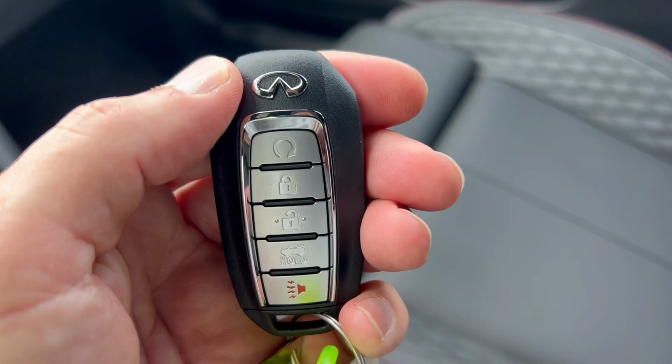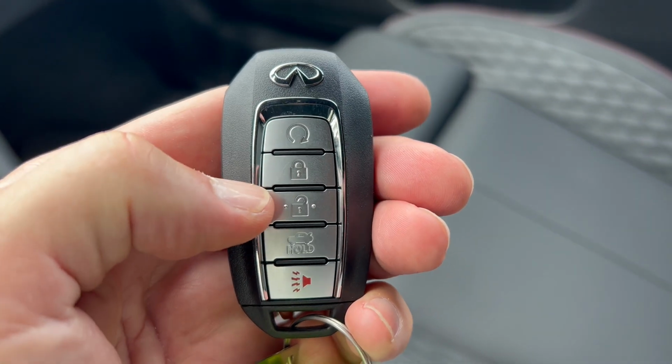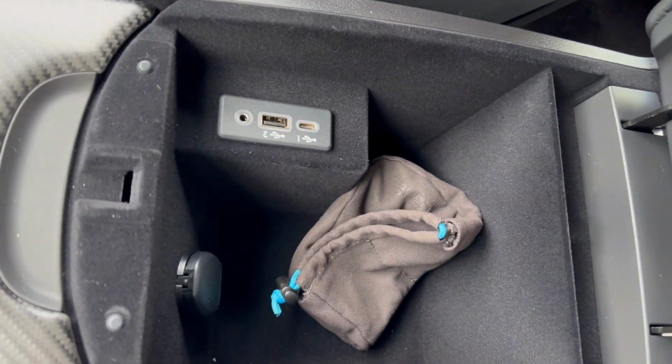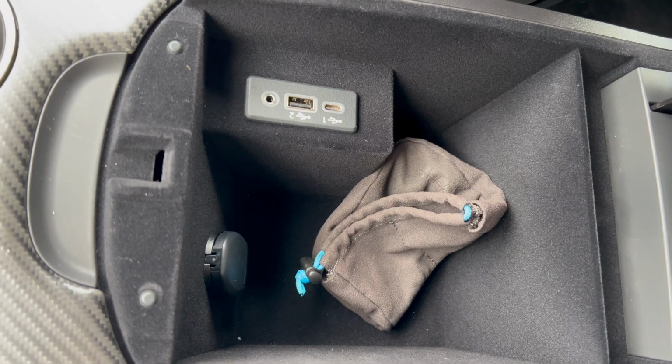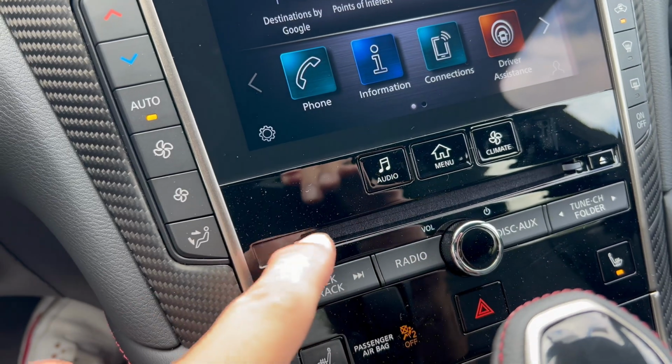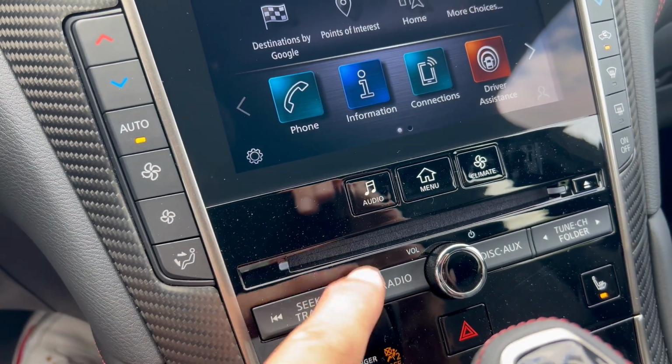2 cup holders, Infiniti key fob right here, remote start, lock, unlock, pop the trunk, panic button, and then you have your, don't mind my sweat, but it's boiling outside. We have a nice soft armrest with the stitching, 12 volt, USB-C, USB-A, and an aux jack in here. And in case you missed it, we have a CD player right in here,